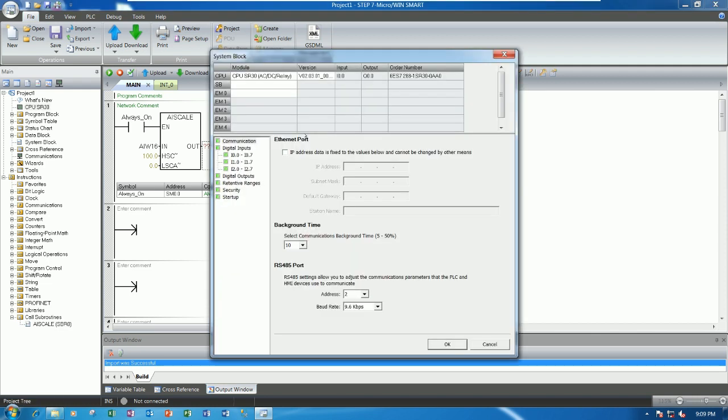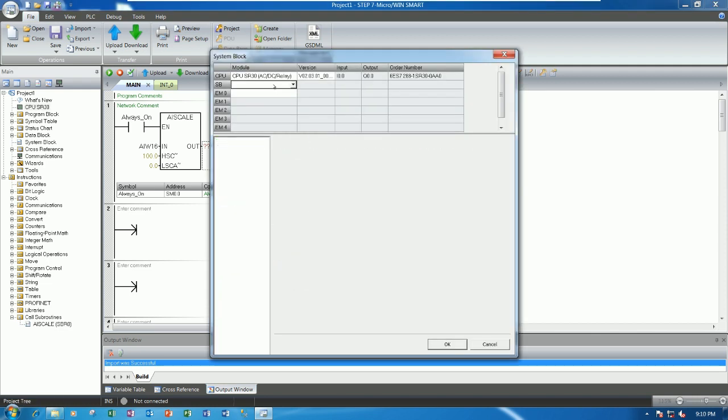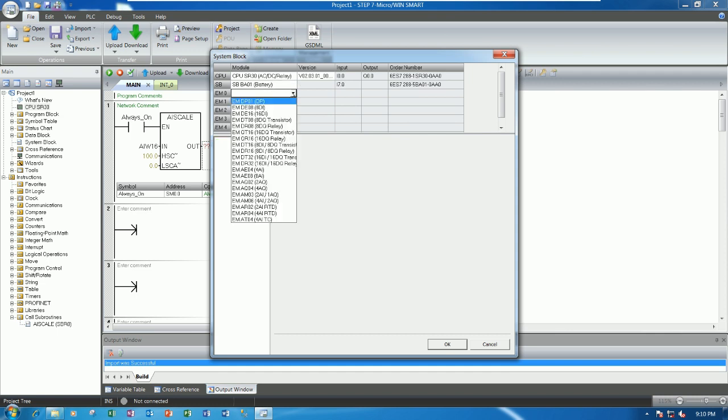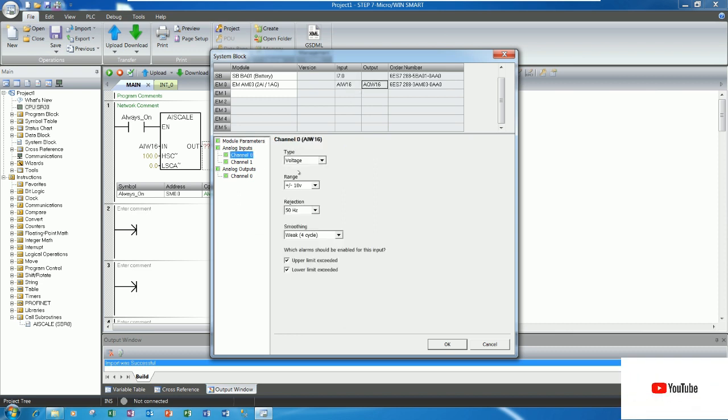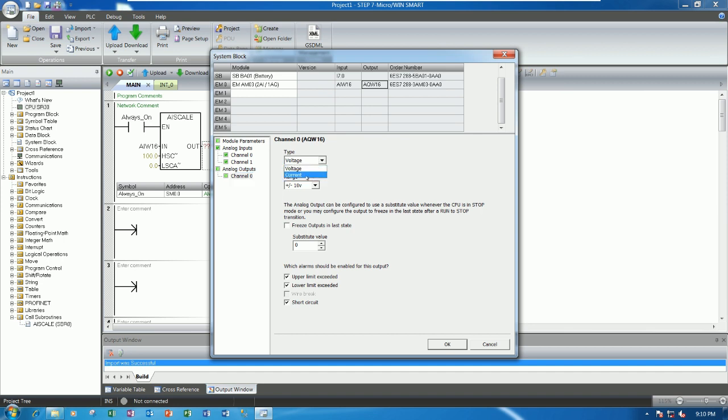Because here we need to add the analog input and output expansion module, right? So in the previous video I added the battery, and I will add the AM03 here. So it will start from AIW16 and AQW16. Okay, and this is the current for input, and here is the current for output. Okay,